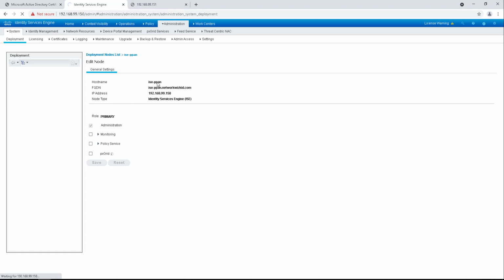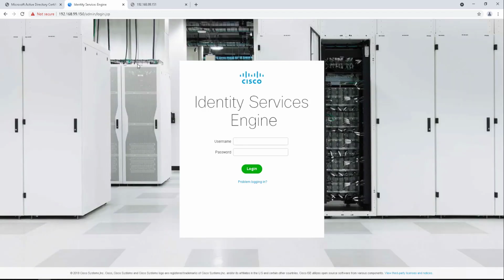So we'll have to wait till that comes back now, and then we can complete the adding of the nodes by adding the secondary MNT. Then what we'll do is we'll look at generating the CSRs for each of the nodes that we haven't. So those nodes that have still got the default self-signed certificate